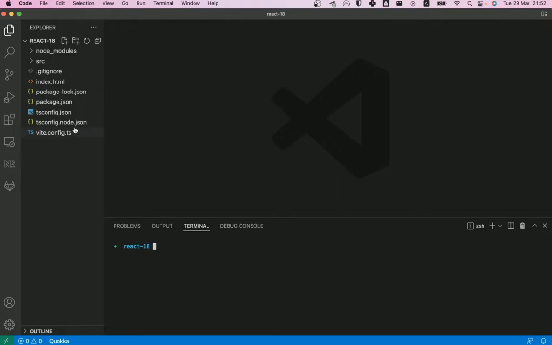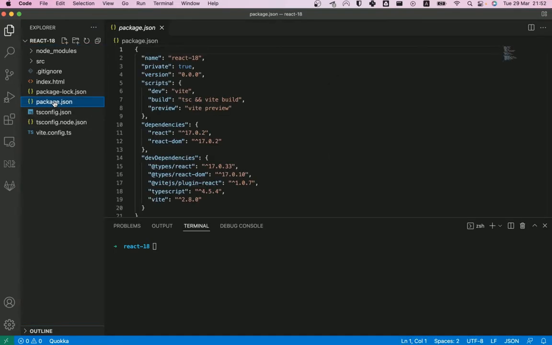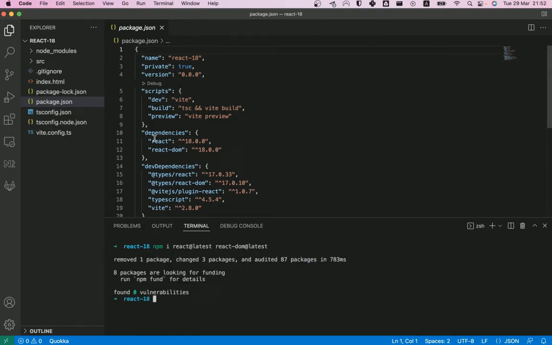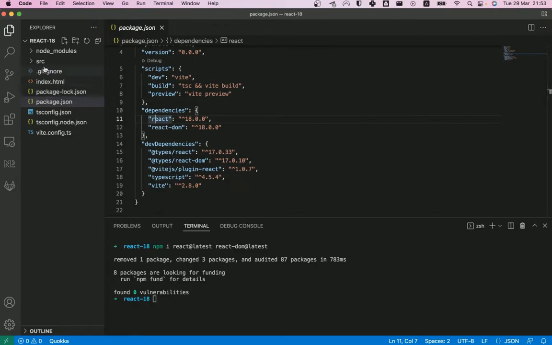Okay, so to update to React 18 we will need to update the React and React DOM dependencies, because the template that Vite uses by default to create the project is outdated. We will need to manually install the latest version. This will change the version to 18. And now we have to do one more thing,